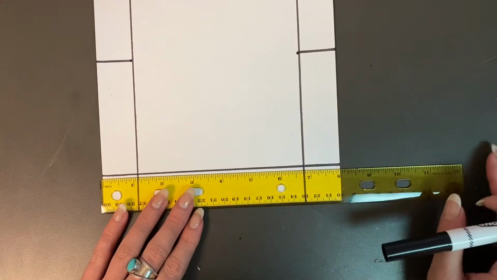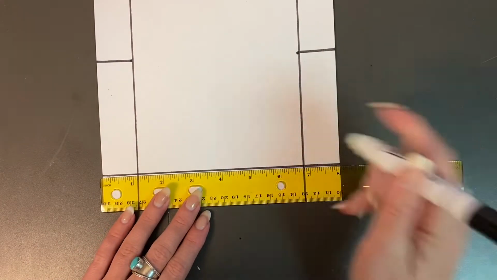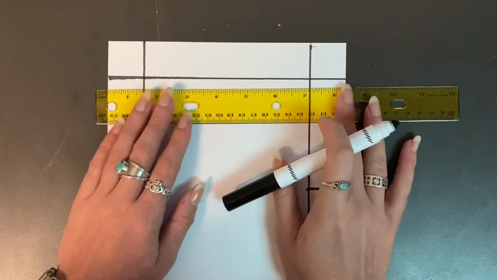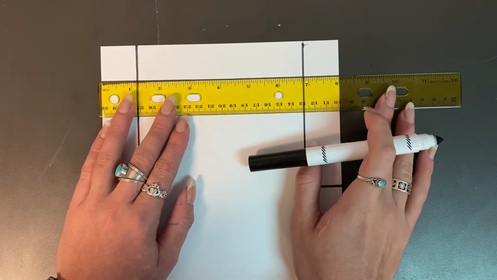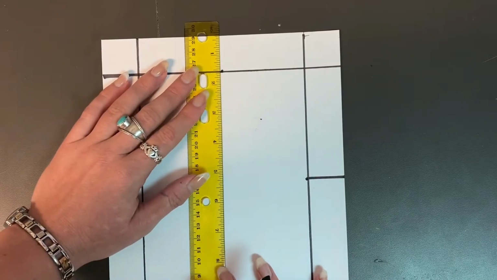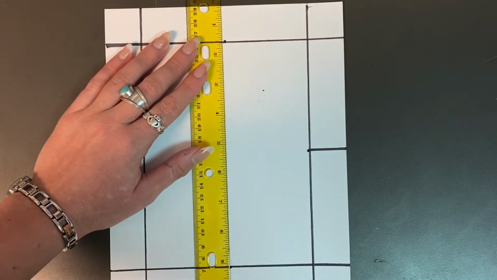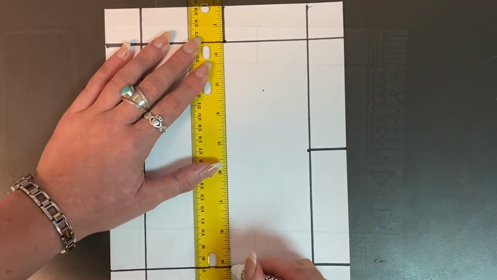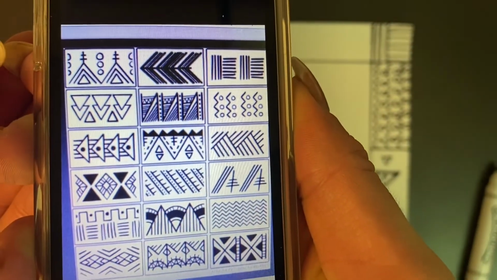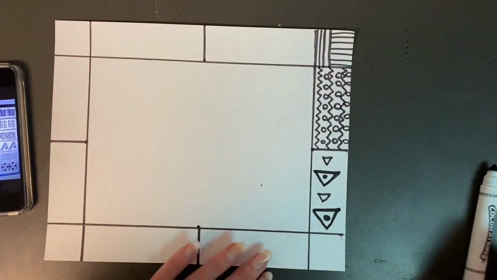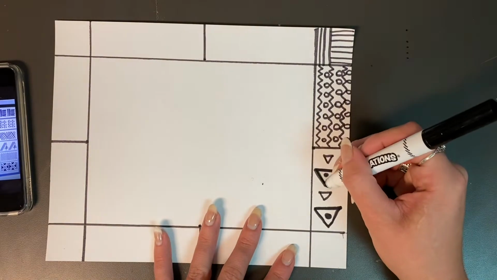All right, so same thinking, measure the short side now of your paper, and then put a dot in the middle. If my paper is 8 inches long, 4 inches would be the middle point. So putting a little dot, and then I'm just going to line up the ruler and create a straight line there, further dividing the border into smaller shapes. And then here's the fun part. You're going to use line and shapes to create some patterns, and we are going to be inspired by